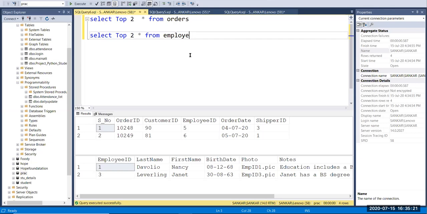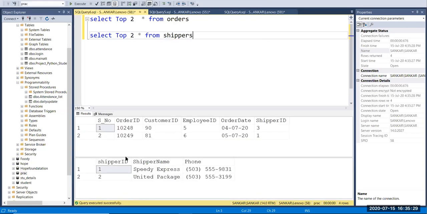And we have one more ID, that is shipper ID. Now you can connect the shipper ID to your shipper table and find the phone number and the shipper name also. So now we have three tables we can join into a single order table, right?